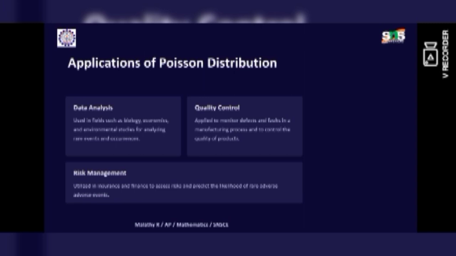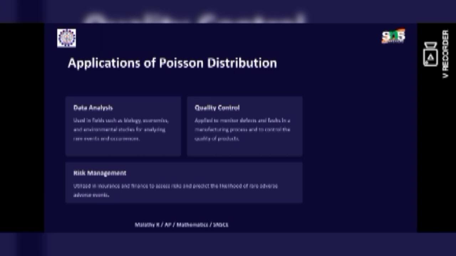If we want to produce a good product, we should check using the Poisson distribution. In risk management also, insurance and finance use it to assess risk and predict the likelihood of rare adverse events.